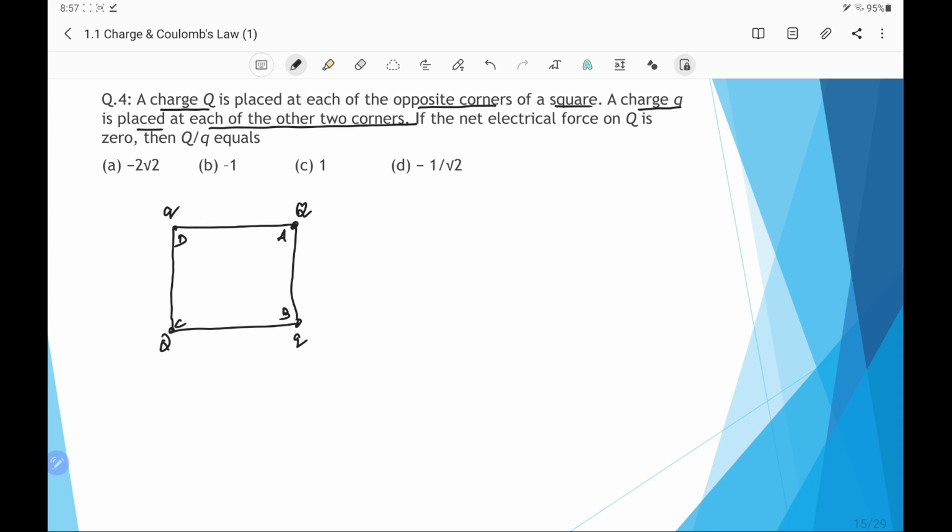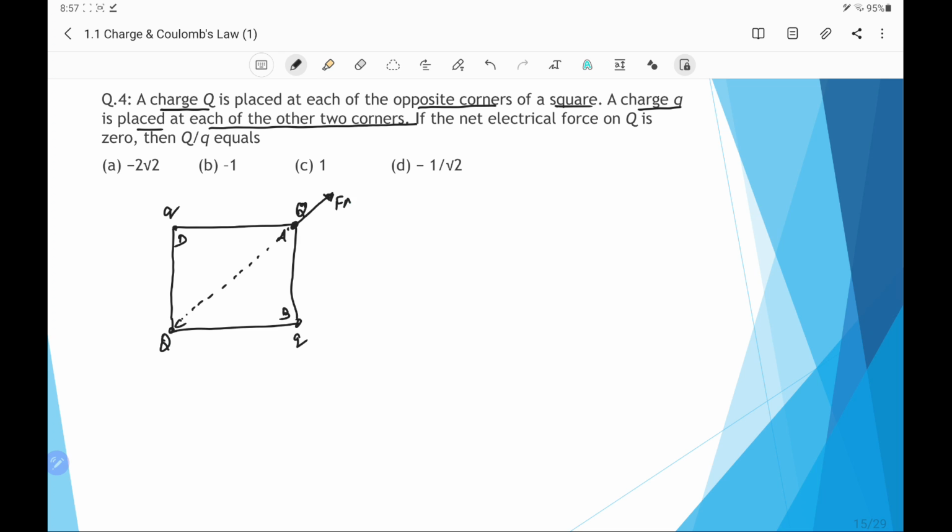Here, the force on charge q at A is 0. It is given in the question. So the net force on the q should be 0. If we check the forces, one of the forces is outward on the line of joining, because the q's are similar charges and they will have the repulsion force.